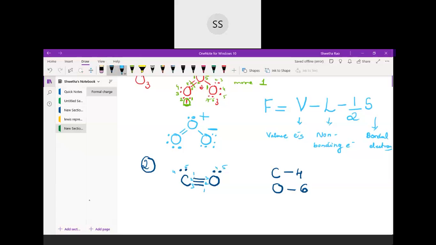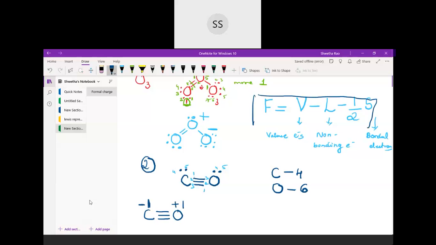Yes, carbon should carry a -1 charge, correct, very good. Carbon should carry a -1 charge, and oxygen should carry a +1 charge. Agree? So we can write it this way. I'll write this structure as it is. Because we can see 1 extra electron, you can put a -1 charge on the carbon and a +1 charge on the oxygen.